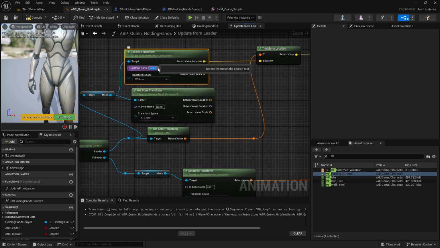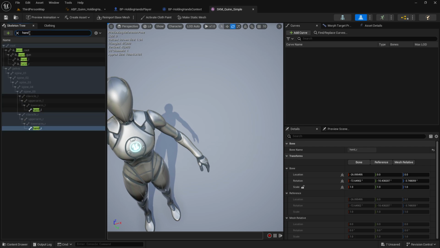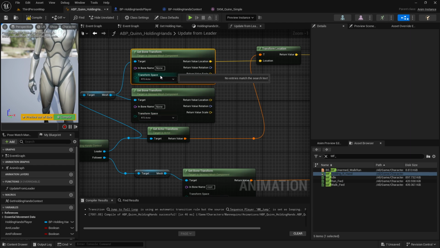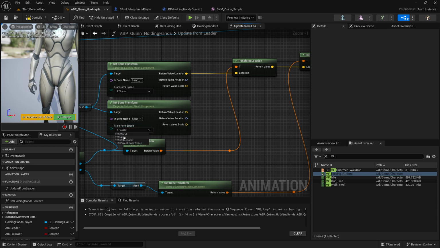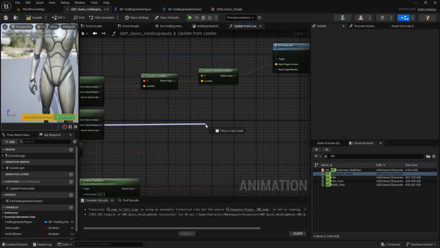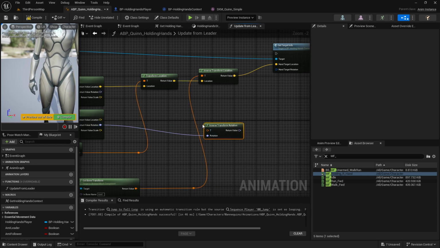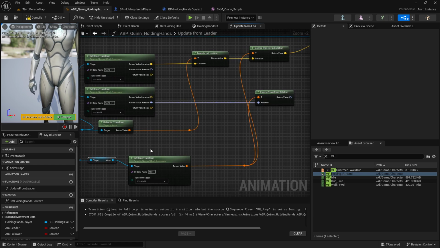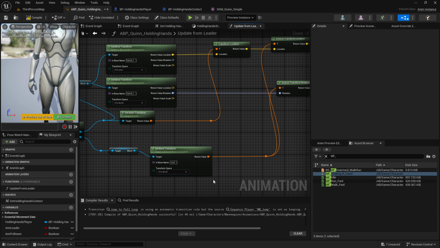Actually, I forgot to set the bone names. So here I need to get the right hand bones. We can go here and search with hand, and it should be hand R. I will copy the bone names, and paste them here and here. So here it is from actor's transform space, and here will be world transform space, and here I will get rotation, and also inverse transform rotation